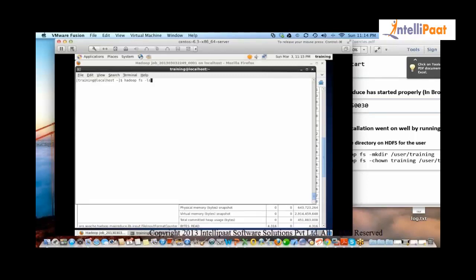Is this the directory list under the Hadoop file system? Yeah, but which directory do you have to specify? Content of which directory? Well, it depends. I think you have to specify the name of the Hadoop home. Not exactly Hadoop home, but user home. That is, you are the user now. So whose home?